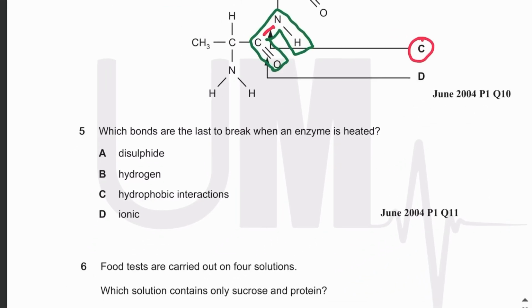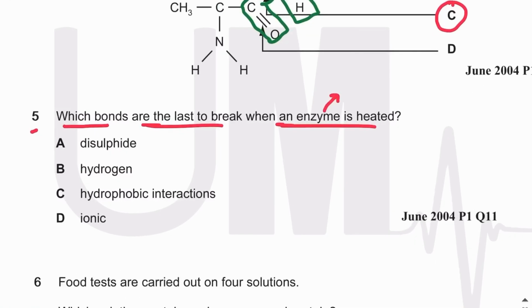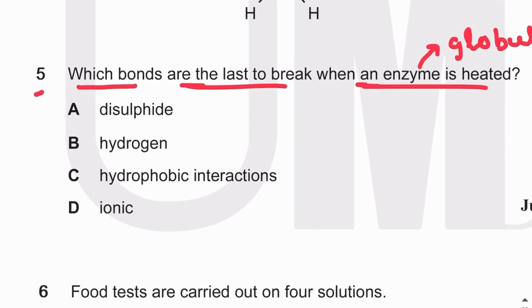Let's move on to MCQ number 5. Which bonds are last to break when an enzyme is heated? So guys, you should know that enzyme is a globular protein, and obviously it has a tertiary structure, right? So if you start heating the enzyme, the bonds of the tertiary structure will break first. And if we talk about the strength of the bonds of the tertiary structure, the strongest bond is the disulfide, right? It's last to break. And the weakest bond is the hydrophobic